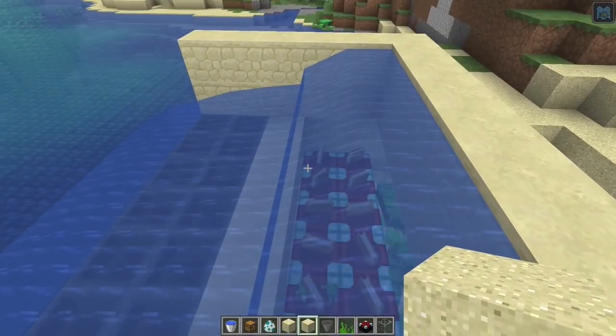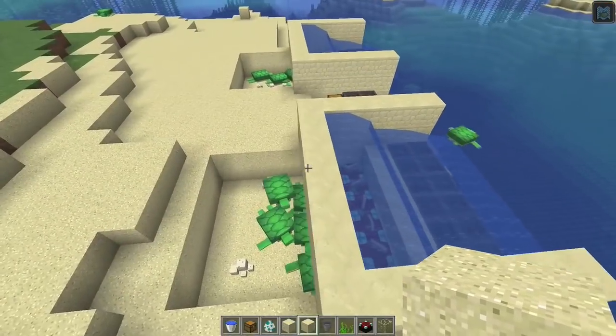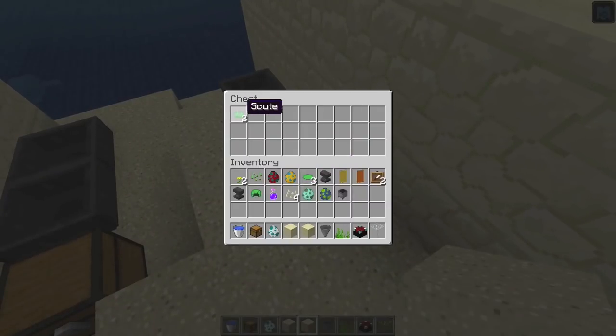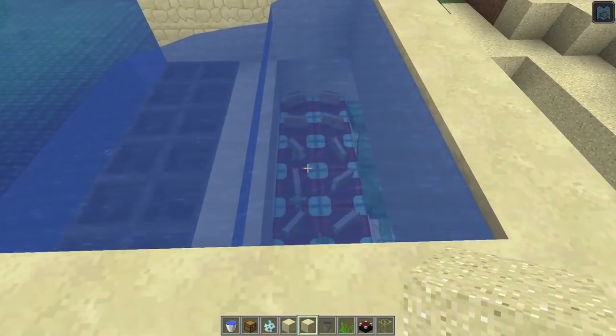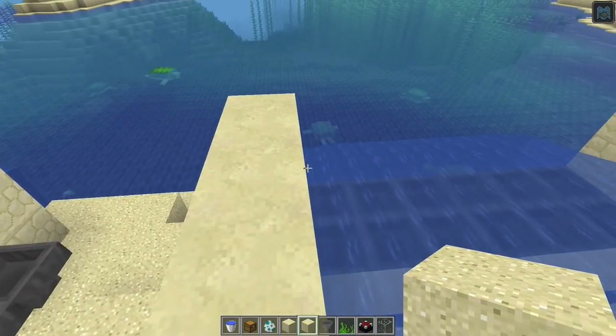There we go. Okay, good. And any more gonna go? Well, they might. Okay, so let's check our chest real quick, see if we got our 2 Scute. There they are. And as you can see, it works just nicely. Okay, very cool. I think it's a super simple little one, especially to get started. If you want to build something...